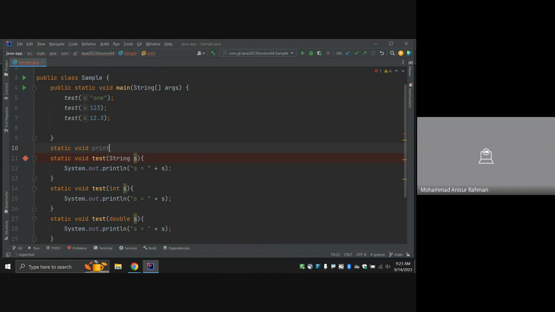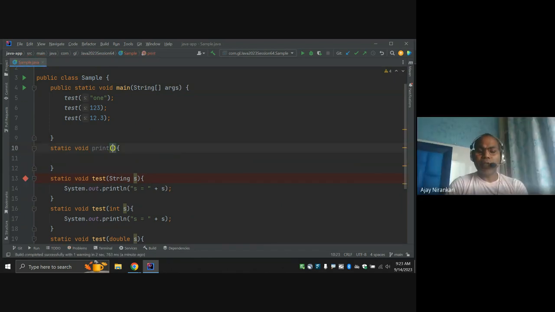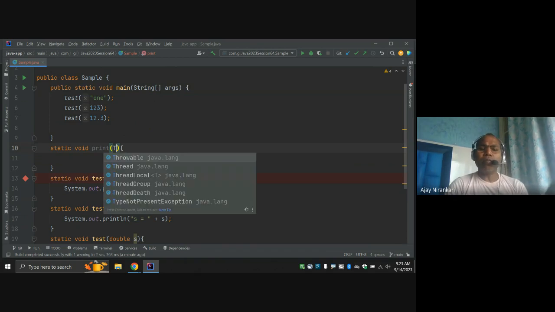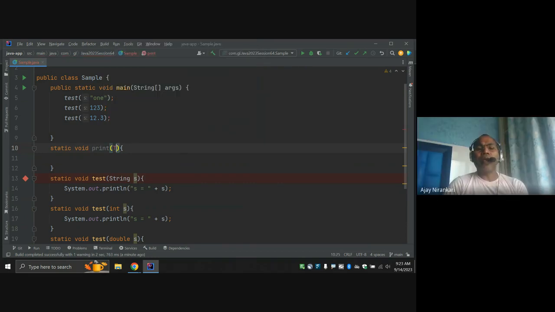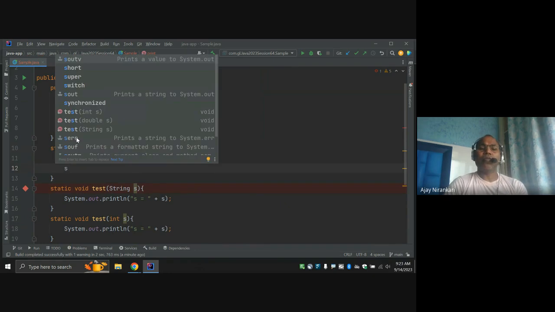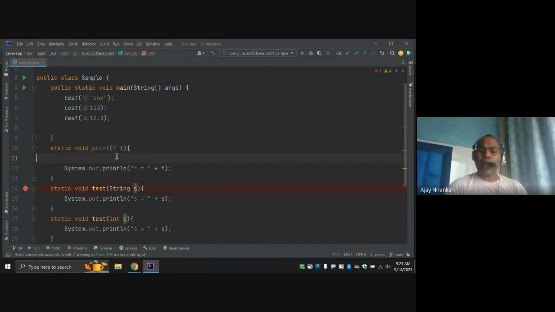Instead of the input types int, float, double, I set some generic type, a generic word, and any type you can say, maybe a variable, and just say System.out.print. But the question is that till now